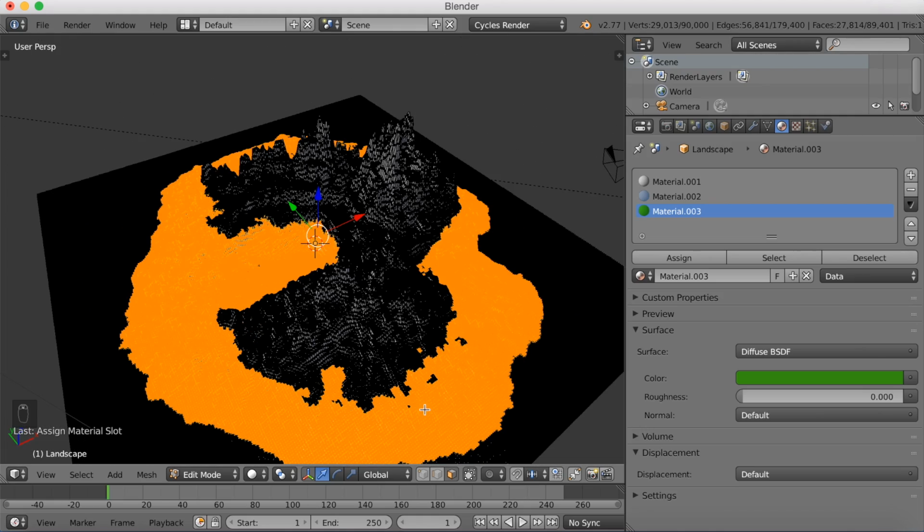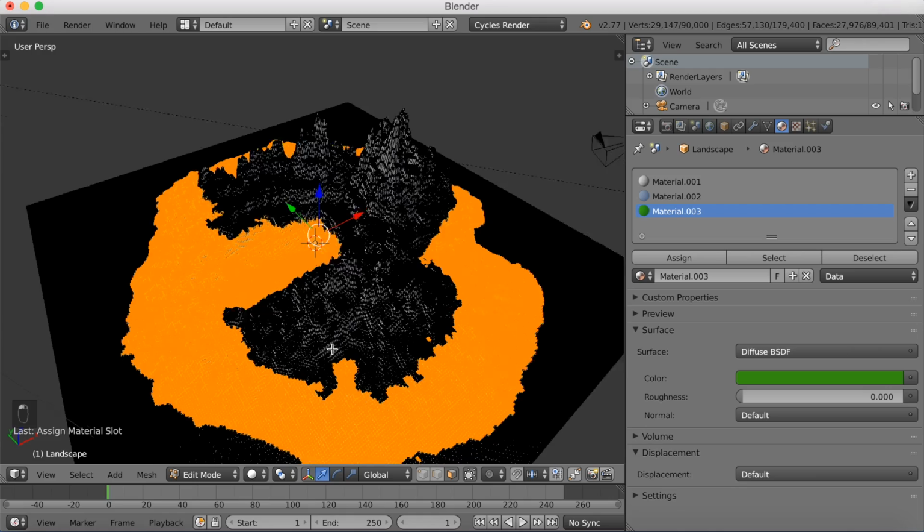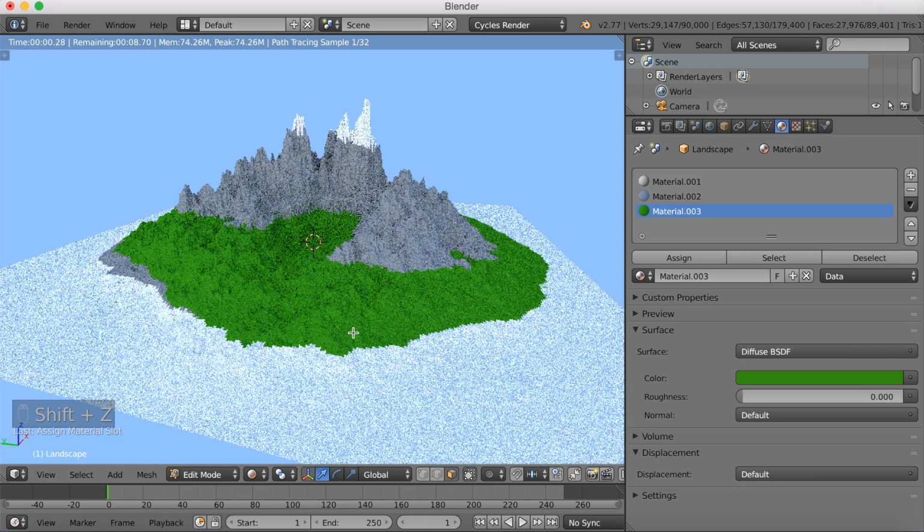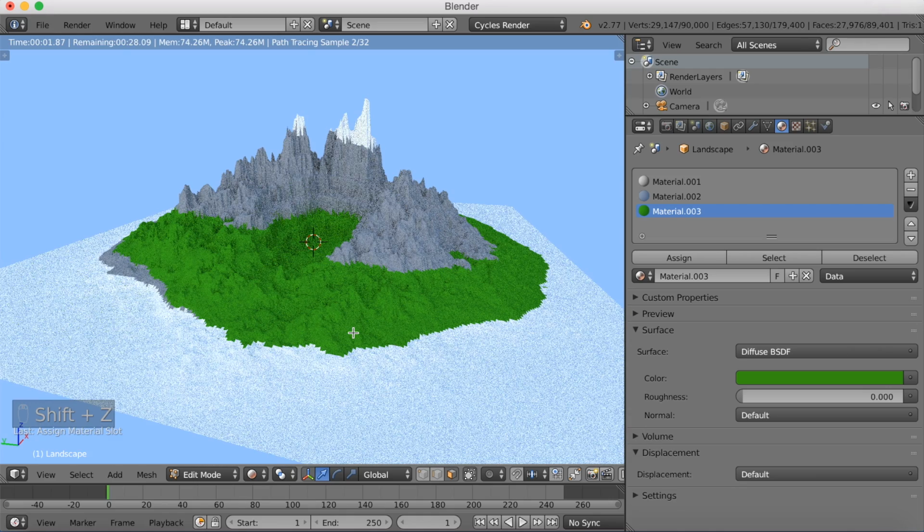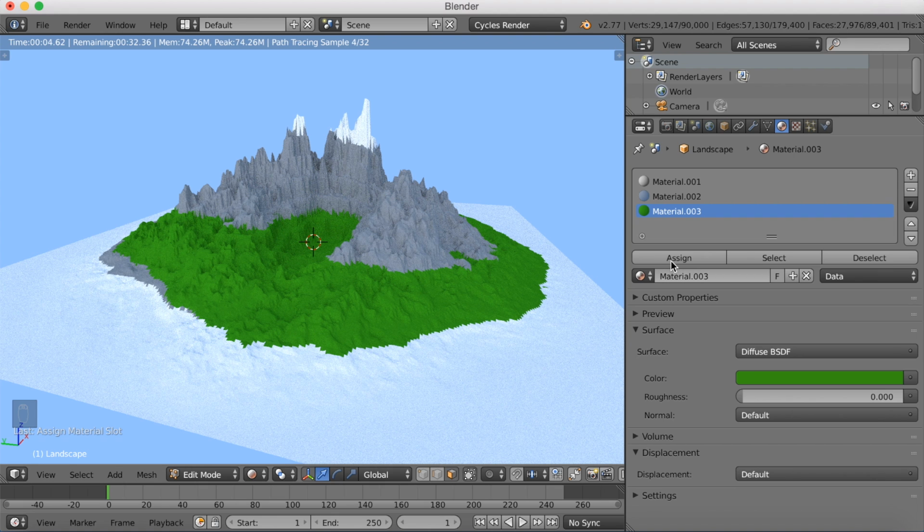So look around to the other side and then click C again to circle select and select the parts that are kind of not selected correctly. The good thing about this technique is that it's very easy to change back to another color afterwards. So I'm just going to click assign, and obviously it's not perfect,